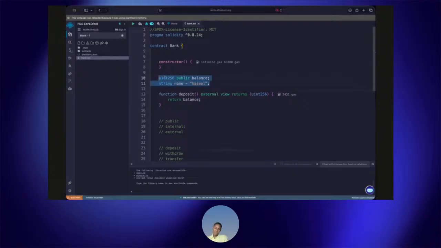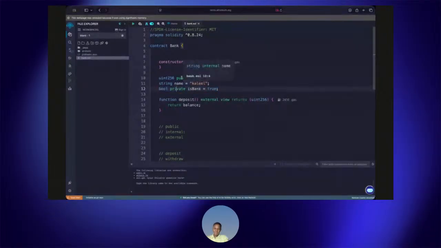And we have a boolean, which is a bool. So bool bank is true, equal to true. So a boolean takes only two values, which is true or false, and you can declare this by starting with bool and then the variable name, and then the value you are assigning to it.